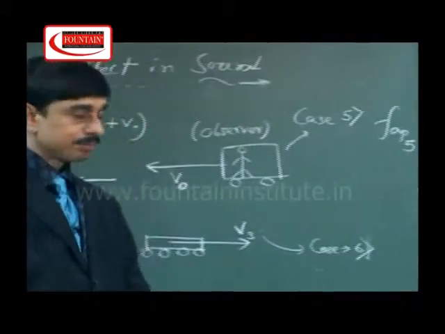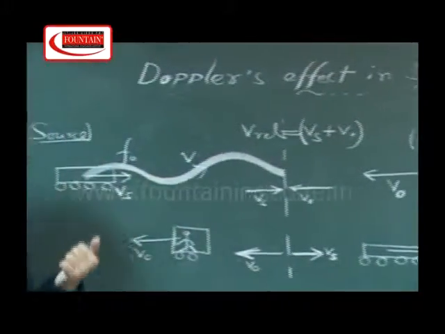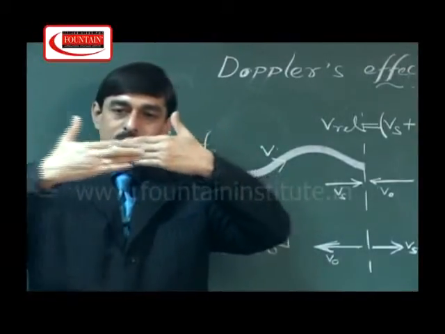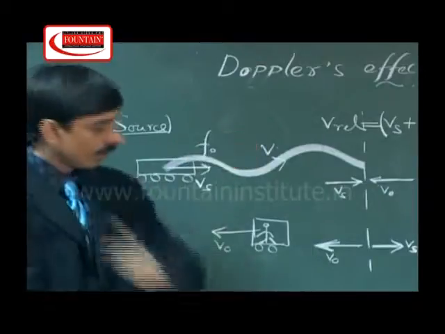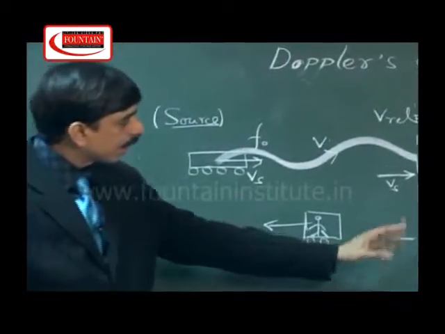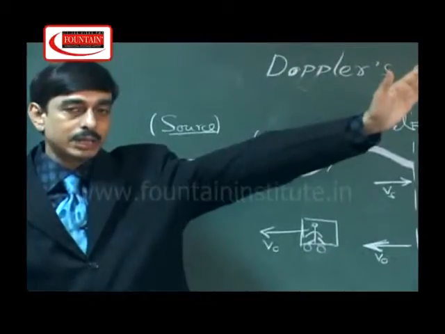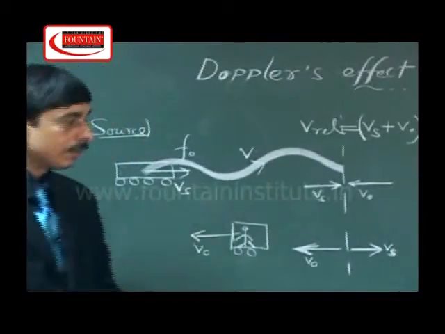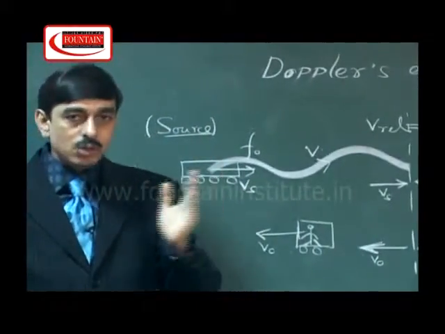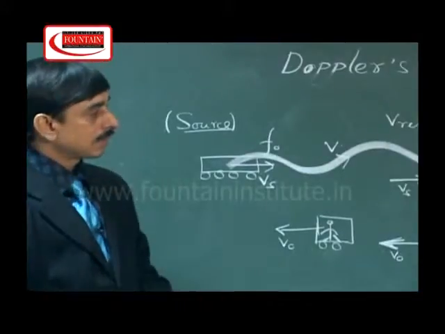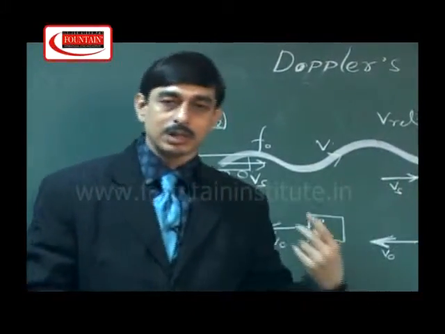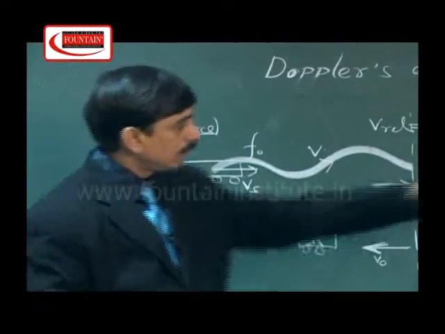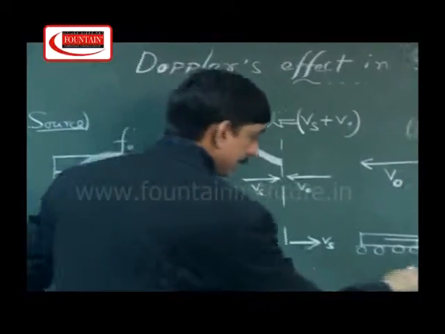In a similar manner, if we move away from each other, such as after meeting, the source is going this way and the listener is going that way. In case 6, we are discussing after meeting, the railway engine is going that way after whistling and the listener is going to that point. Although the relative velocity will be taken as negative, since the listener's position with respect to the source is changing, we get the equation as this: